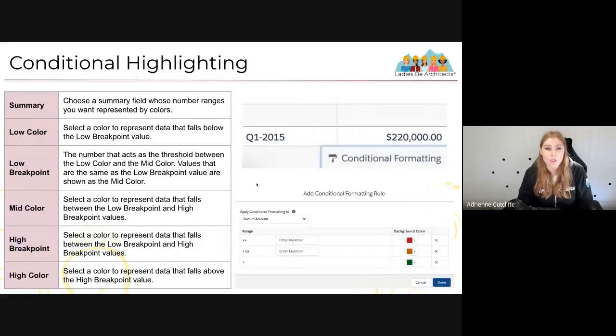We've also got conditional highlighting in your reports as well. So conditional highlighting actually allows you to really clearly see across some of those more summary-esque fields what sort of values and breakpoints you're at. So these are the sections. I'm not going to read each of these out for you, but these are the sections that you can have. So like a low breakpoint that we can see here, a high breakpoint,